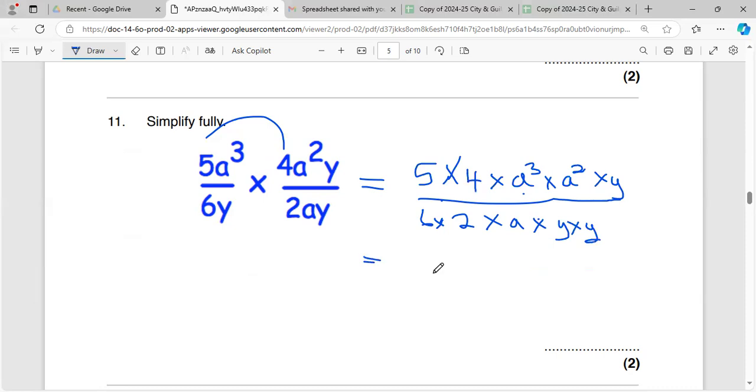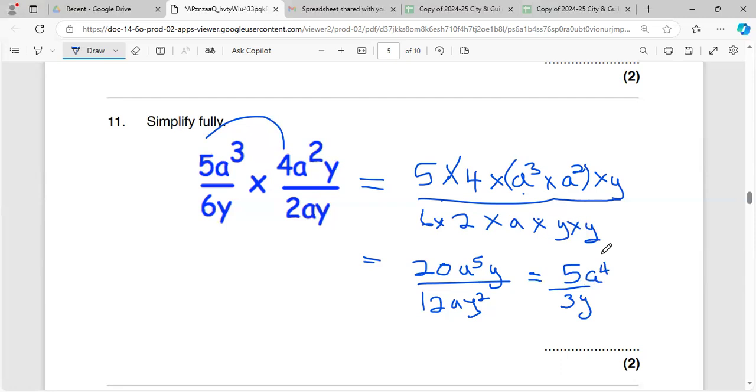5 times 4 is 20. So guys, whenever you have a cubed times a squared, we add the powers. So we add and we get a to the 5th. Bring back the y. There's nothing to multiply. 6 times 2 is 12. And we have a, but then guess what? We have y squared. And of course, we could cancel now between 12 and that. So 4 into 12, 4 into 20 is 5, and 4 into this. When we're dividing, we subtract, so this is a to the fourth. The y is going to cancel the y, so we only have y here. So that leaves 5a to the fourth divided by